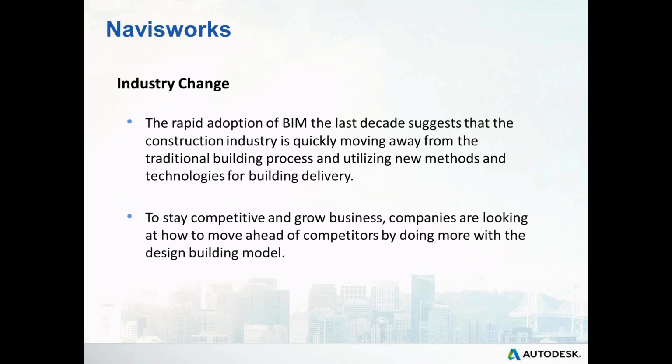Because of some of the reasoning, here's just a nice quote that I found. The rapid adoption of BIM over the last decade, the last few years, depending on exactly where you're at. I know the Denver area, Colorado, has adopted it, I actually think a bit more than a lot of areas. And depending on the market, residential, commercial, etc., it suggests that the construction industry is moving quickly away from the traditional methods, bringing in new methods, new technologies for building delivery, for consuming the designs, also to stay competitive, to grow the business. Companies are looking at how to move ahead and stay ahead of their competitors by doing more